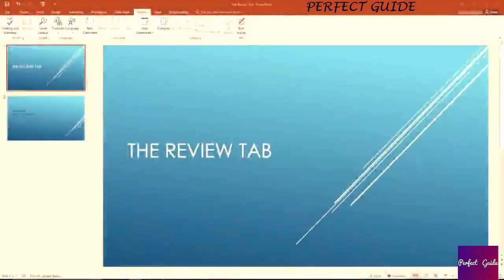In this PowerPoint 2016 video, we're going to be discussing the Review tab of PowerPoint 2016. Now, the main focus of the Review tab is to look over your content after you are finished creating it. And you're given a bunch of different tools in order to do that, including proofreading tools in the form of